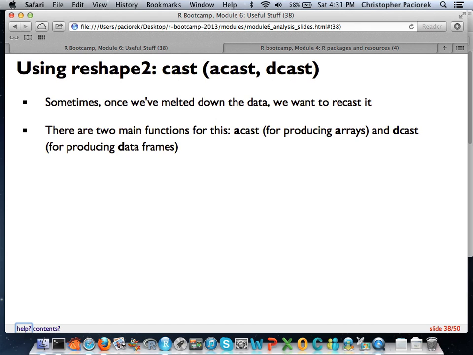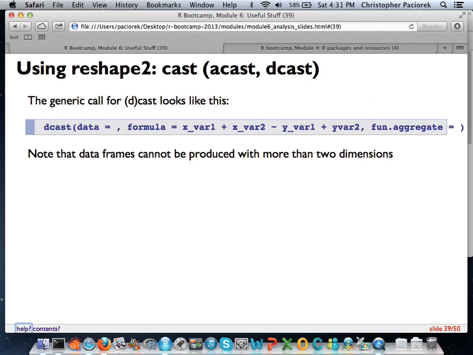In one case, this is to cast something into an array, and dcast is to cast it into a data frame of some sort. Data frames are limited to 2 dimensions in their casting. Obviously, with an array, you can do more. And the basic call, again, it's pretty simple, a little bit more complicated, but the idea behind all these packages is that the syntax is very much standardized, and it's very easy to work between functions. So here, our call would be for dcast.